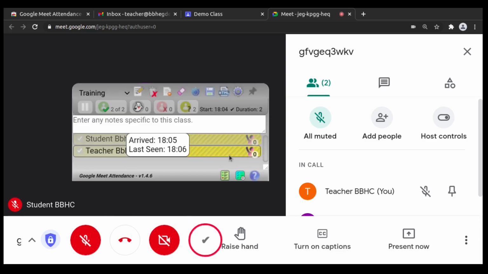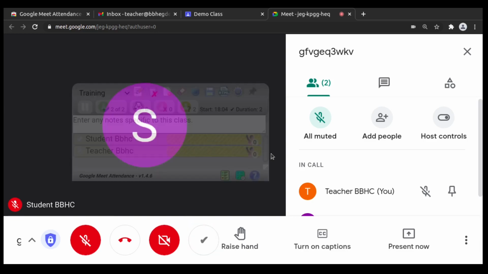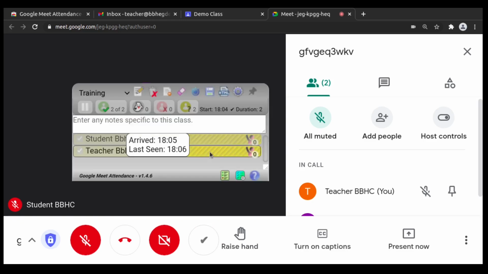all the students, and when they arrived, when they exited, when they rejoined, all those durations and the meeting details can be viewed with this tool. And it shows how many have entered the class, missing, absentees, new and unexpected logins. All those can be viewed with this screen.